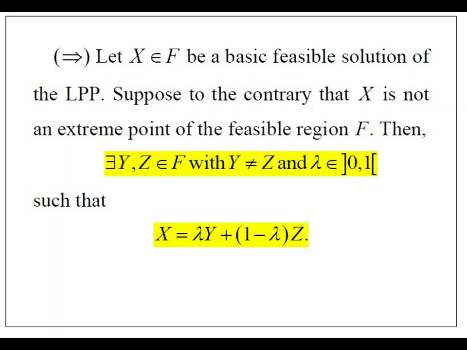Let X be a basic feasible solution of the linear programming problem. Suppose to the contrary that X is not an extreme point of the feasible region. Then there exist two distinct feasible solutions y and z such that X can be written as a convex combination of